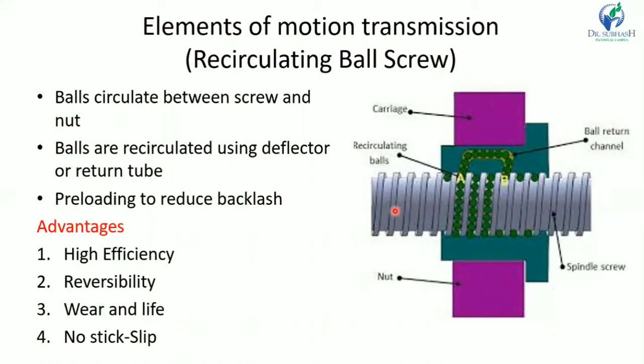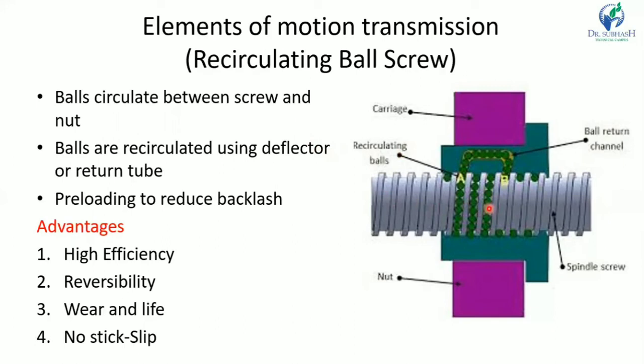For that, the conventional machines use the lead screw for the motion transmission purposes. And the lead screw with Acme thread is not suitable for the CNC machine due to what? Due to the high friction between the lead screw and nut, and the poor transmission efficiency and inaccuracy due to the backlash. So these problems have been overcome with the use of recirculating ball screw and nut arrangement.